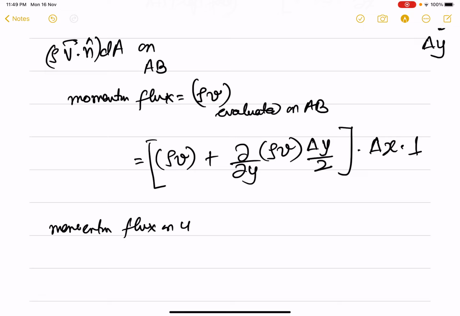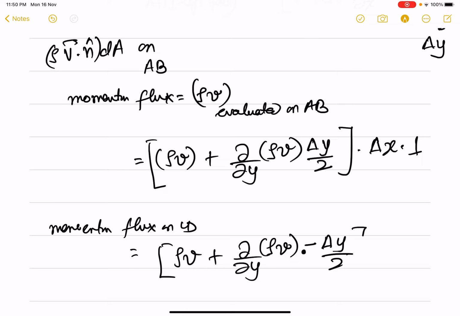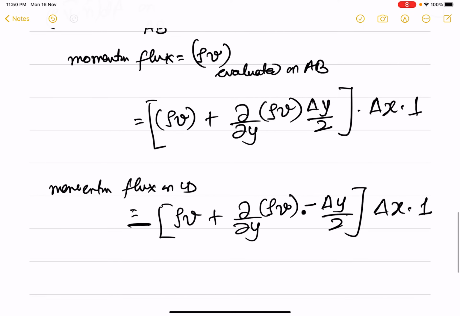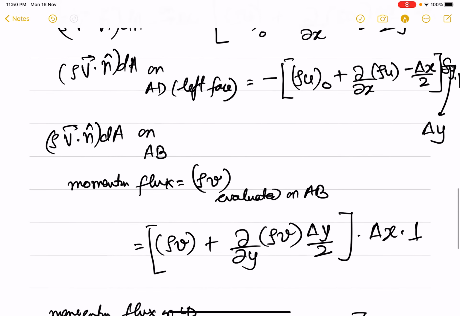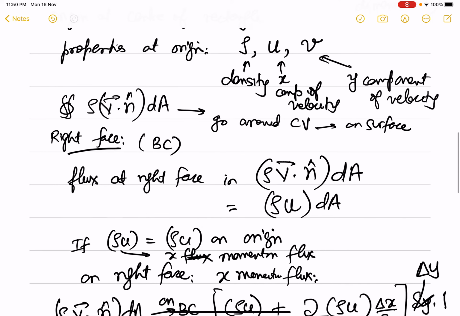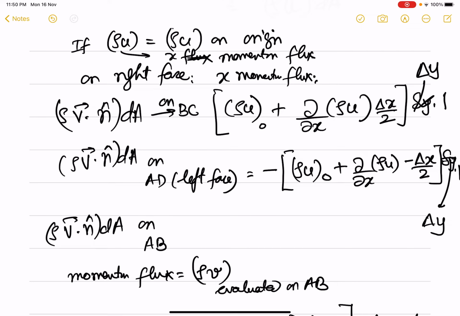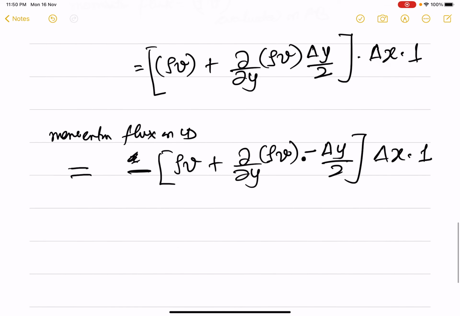will be the same thing, but now instead of delta y we will have minus delta y, so this will be rho v plus partial by partial y of rho v multiplied by minus delta y by 2 times delta x times 1, and this flux will come with a minus sign. So therefore let's just put this like this, because here again the flow is coming in. So now when I add up these two x fluxes, rho u will cancel out and I will be left with the left fluxes will give me,